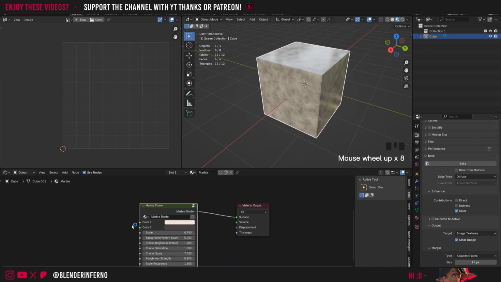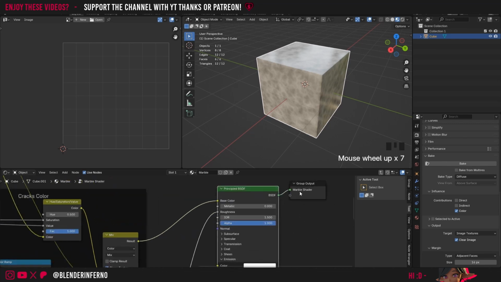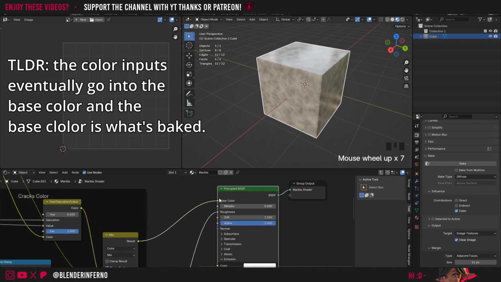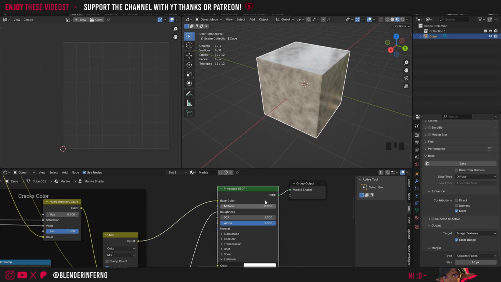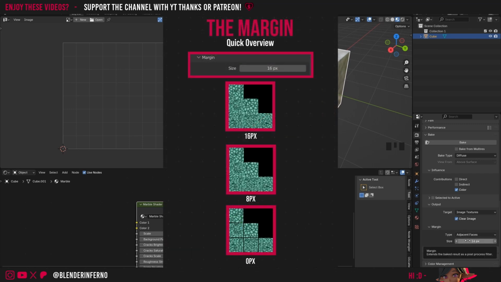You might be wondering if we need to bake both of these colors separately, but no, these parameters here, if I go inside my node group here by left clicking this node tree button, are just inputs from here which we can edit using the node tree. But all that's important for the texture baking is what's going into this base color slot on our principal BSDF. I'll press this arrow to come back up. You'll also notice we have a setting here called margin. This will just create some extra baking around our empty space on our UV to make sure there's no detail